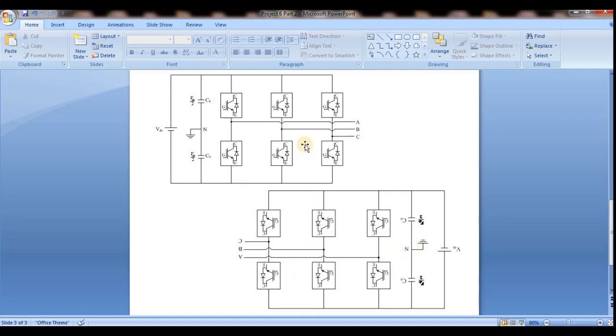But actually we are humans and we know this is the inverter and this is the rectifier. But the circuits or the devices don't know whether it is a rectifier or an inverter. We cannot say that. Like, I placed one inverter on the table in this direction, so I can say that this is the inverter.